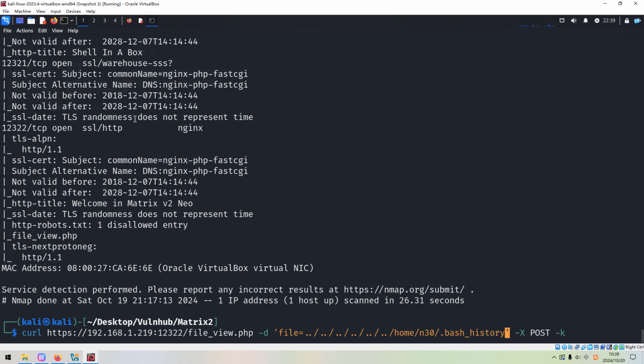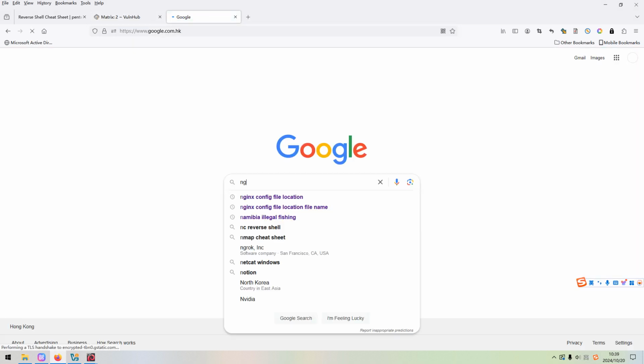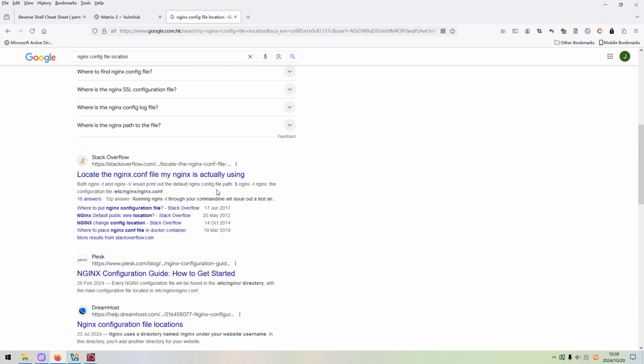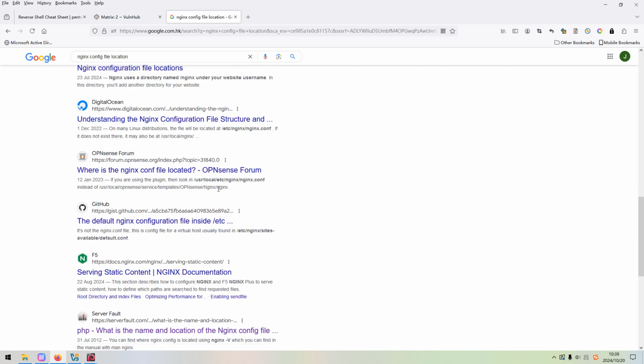Maybe you don't know the location of the Nginx configuration file. You can use Google to do some research: the Nginx configuration file location.